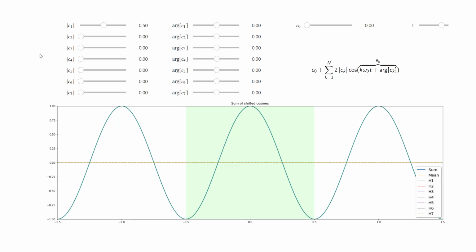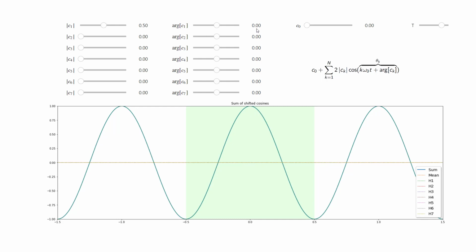Right now in the animation, all coefficients are set to 0 except C1, which has a modulus of 0.5, and the argument of C1 is 0, which means that C1 here is a real number, right? You remember that in this sum, the modulus of C1 was multiplied by 2. This explains why you have here a cosine of amplitude 1, and it is not phase shifted because the argument